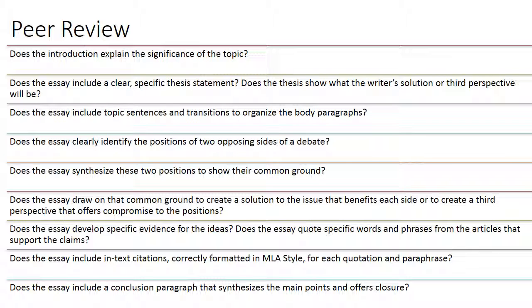Does the essay develop specific evidence for the ideas? So here's the big place where you're going to look at how your classmate has used their sources. Have they quoted specific points? Have they created solid paraphrases or summaries and cited those? Do you know what the major ideas are and where they came from? All right. Connected to that, you're going to make sure that the essay has